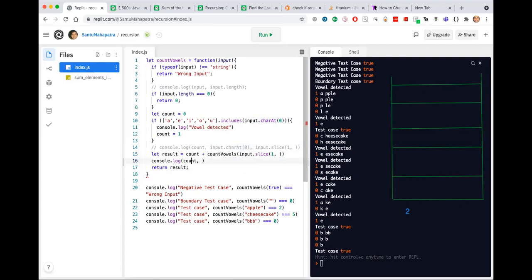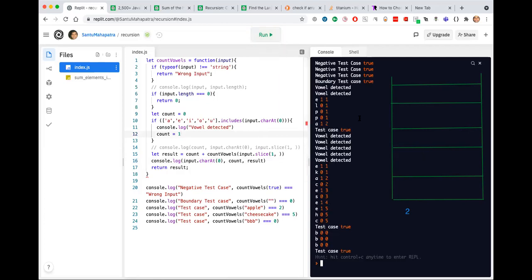Print this first. This is the final result. So yeah, in the result, we can see this number increasing 112, 1122, 334, 5555. So every time there is a vowel, the result will increment.